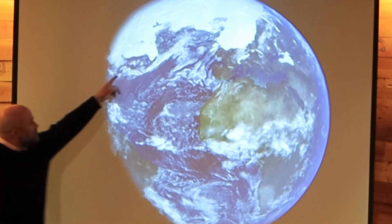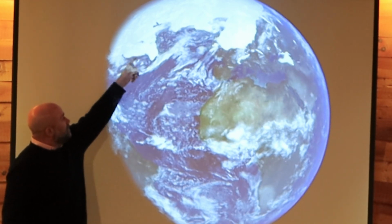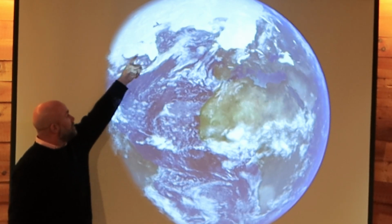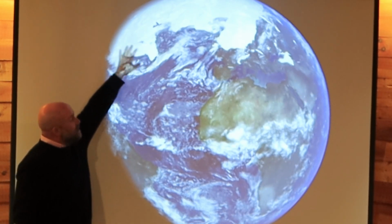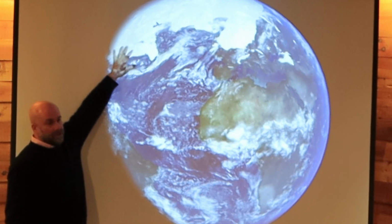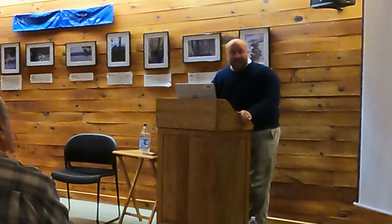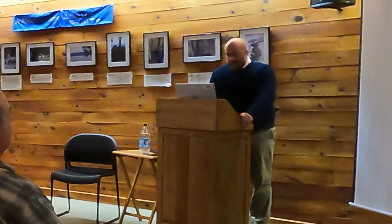This up here, you can see, is sort of the Nova Scotia area. The continental shelf was largely exposed, but covered in ice down to roughly Long Island. And again, this mile of ice overlay, in some cases, the region that we're on now. But it began to melt, and this would be the last melt. The previous ice age had gone through pulses of melting and retreating ice, and this would be the last for